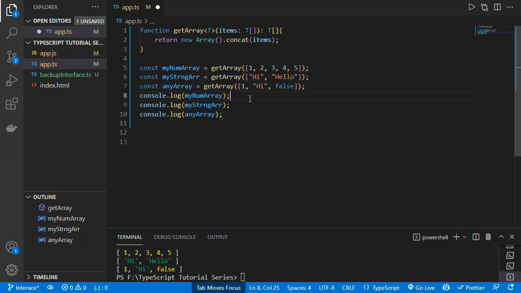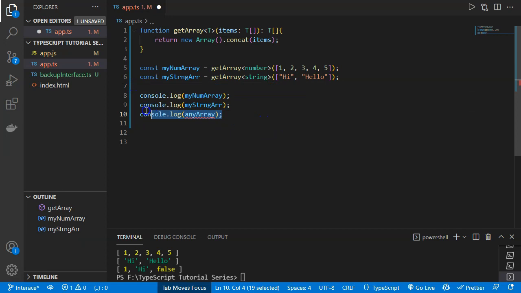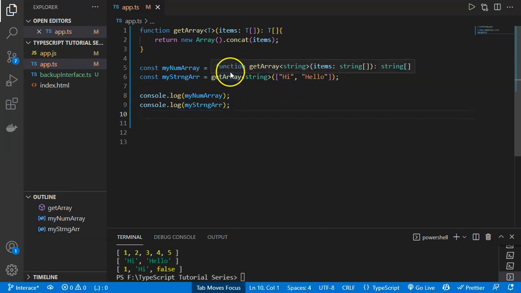So if I will now save, and if I will now just create a new myNumArray, it will be the instance. Then we need to define here the type, and if we are providing a number array, then we need to provide here the type of it as the number. So here we need to provide it as this number, and it will check if it is number or not. And here also we need to define it as the string, so it will be the string also. So if I will remove this, because we don't need it now, and now if I will save, you will see it will check on the compile time only.